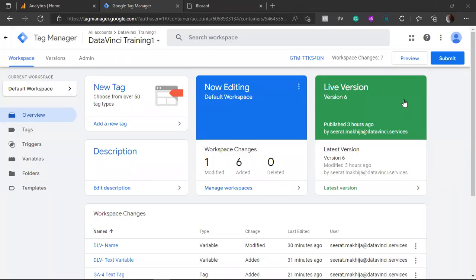Hello, I'm Seerath and today I'm here to discuss how we can read data from the data layer in Google Tag Manager. We will also see how to create the variable and how to send it to platforms like Google Analytics. So first of all, let us go to preview